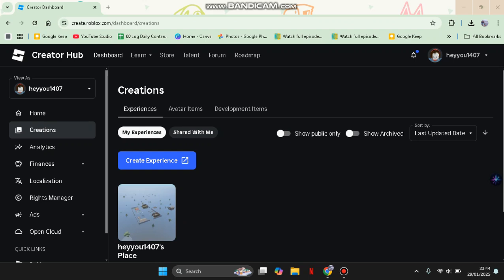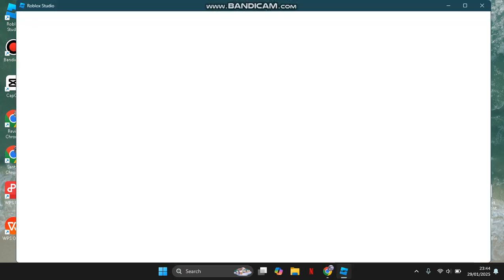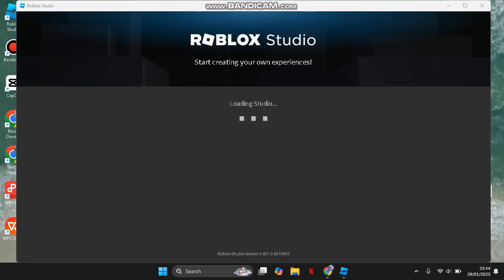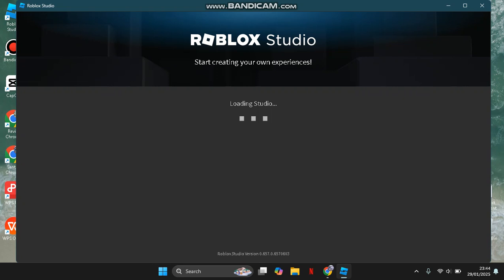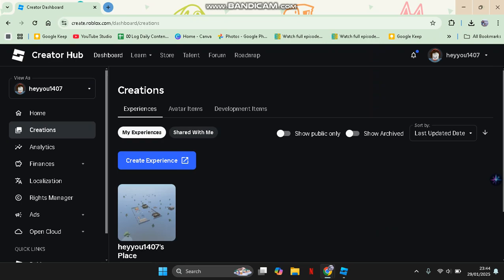So first, you can just open the Roblox Studio, this one. And then you can just go to the My Game sections and select the game for which you want to change the logo or icon. You can also do it on website. You can just go to the roblox.com and then go to create and choose manage my game and the game